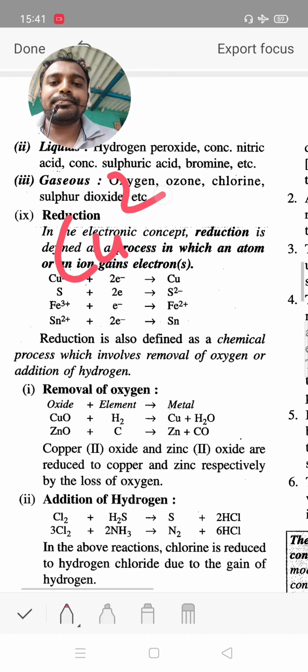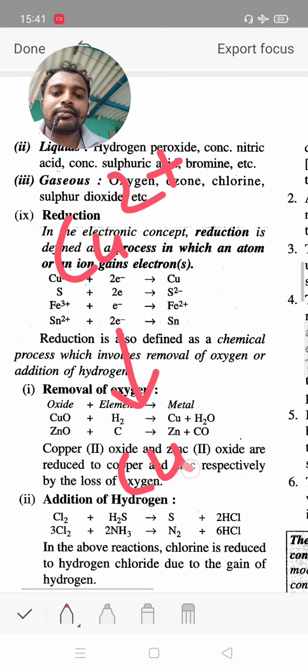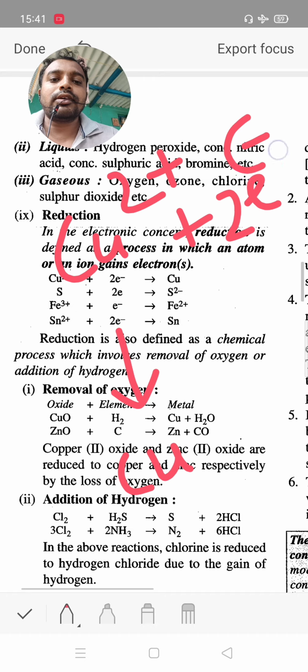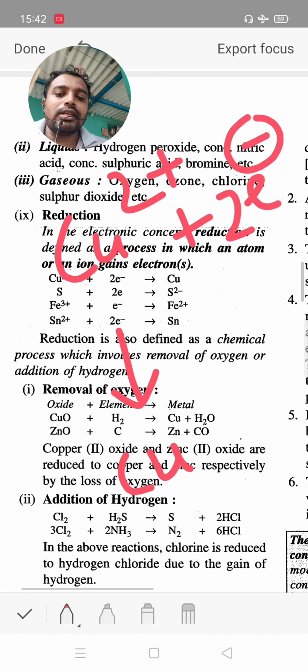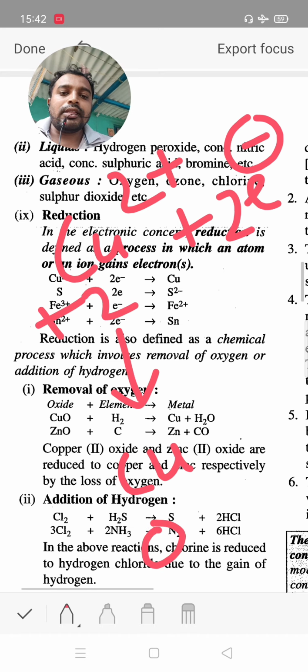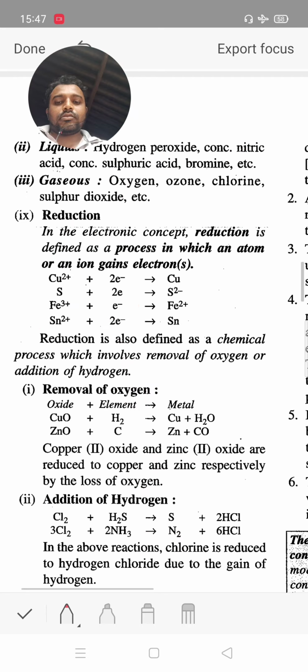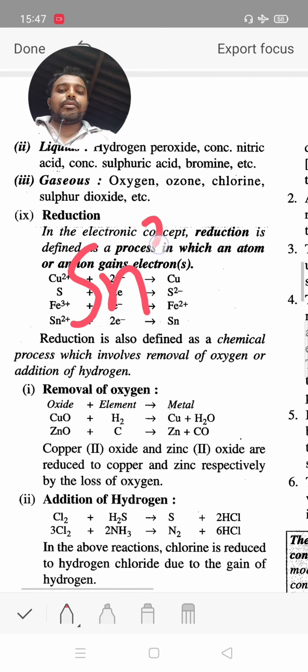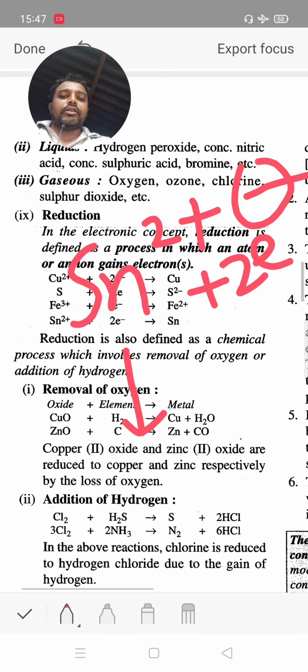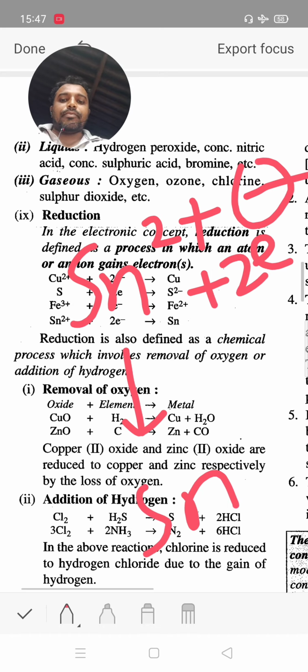Now Cu2+ converts into copper. For Cu2+ it requires 2 electrons, meaning gain of 2 electrons, +2 minus 2, gives Cu, meaning the oxidation state goes from +2 to 0. In this process there is gain of 2 electrons, so it is a reduction, +2 converting into 0. Now next example, Sn2+ gains 2 electrons and converts into Sn. This is another example of reduction.